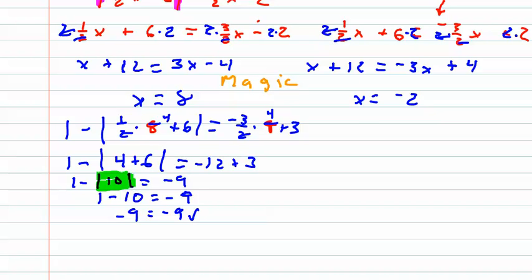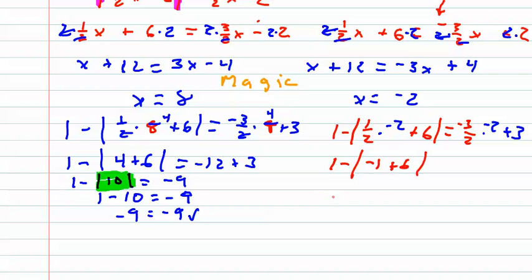All right, now to go to the second one, 1 minus absolute value of 1/2 times negative 2 plus 6 equals negative 3/2 times negative 2 plus 3. I'm almost out of time, so we might not finish this. 1 minus, 2's cancel, absolute value of negative 1 plus 6, or 1 minus absolute value of 5 equals